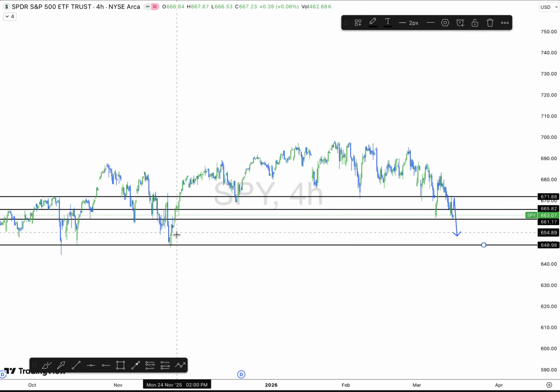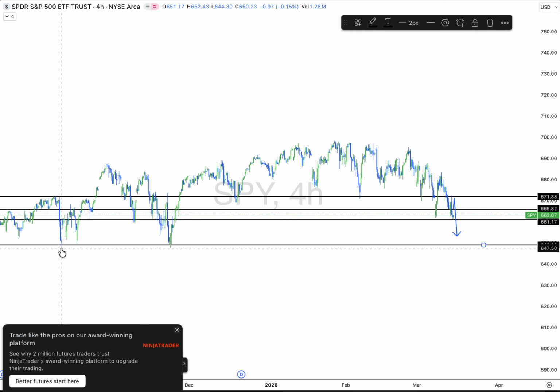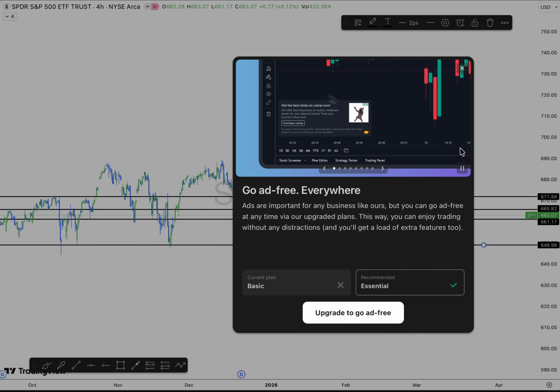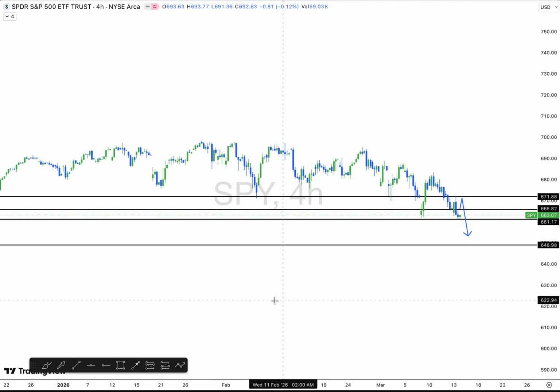This is not the exact number, but I'm just showing you that these are levels. This is a level. There is rejecting off of this zone here. Now you can see this one broke through over here, but we are rejecting quite a bit off that zone. So let's say that we go to